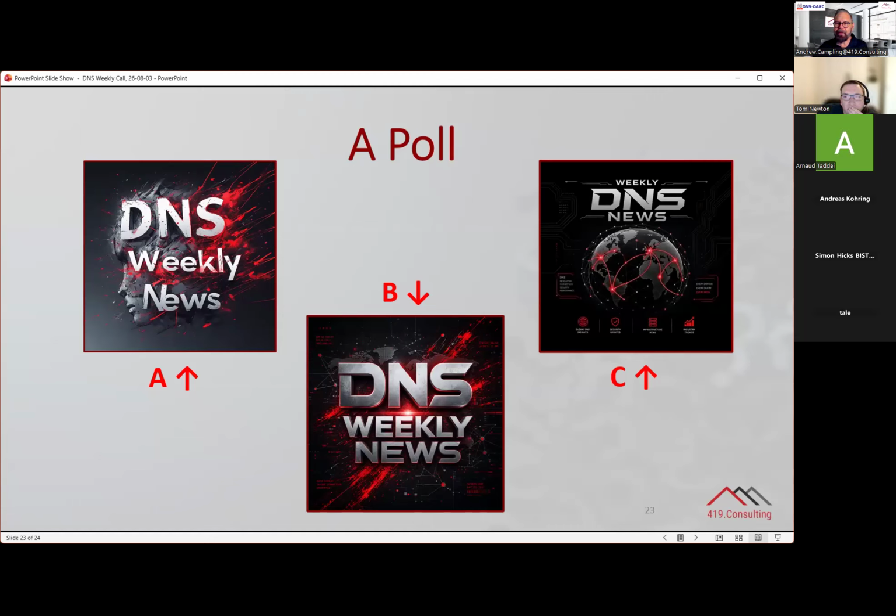You're only allowed to pick one if you have a preference. This is an unscientific poll just to take soundings. This small but well-chosen sample so far, B's looking like possibly the favourite.